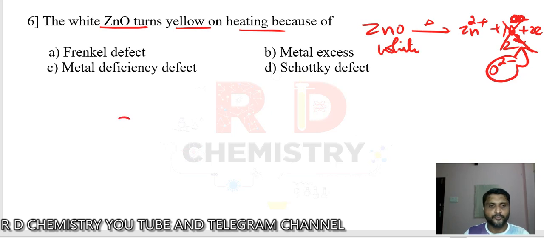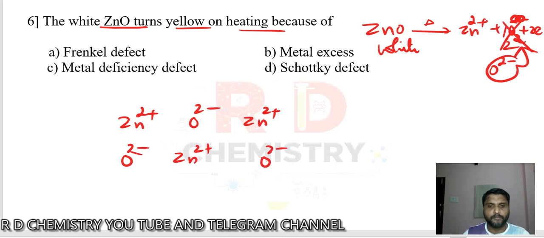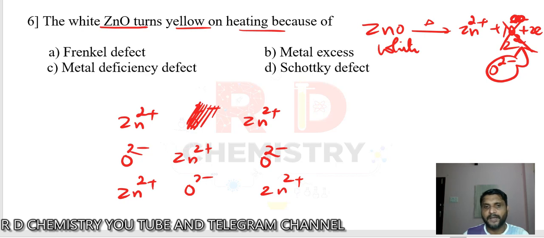We are left with zinc and 2 electrons. Suppose there is zinc 2 plus, oxide 2 minus, zinc 2 plus like this in the crystal lattice. Let me write one more line: zinc 2 plus, oxide O2 minus, and zinc 2 plus. Oxygen is lost, correct? So let me remove one of the oxygen like this. It will lose an oxygen molecule and become electrons. 2 electrons are produced, so the electrons will go to the interstitial space. The oxide is not there, but the zinc will be there, the counter ion is there.